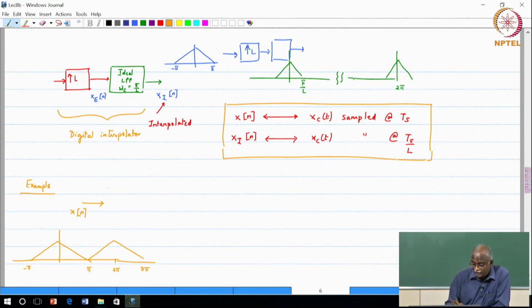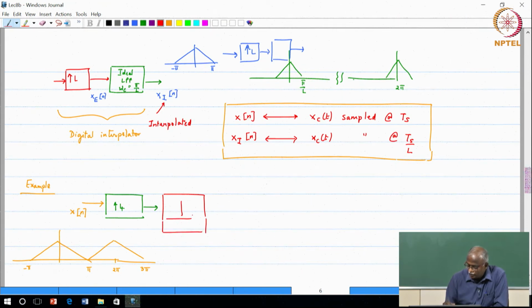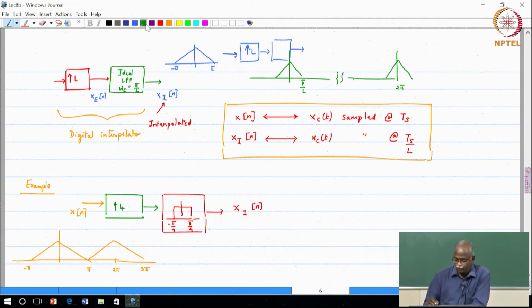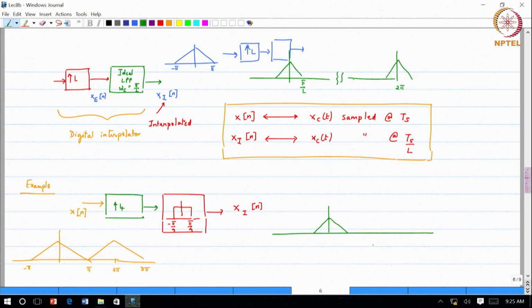So, basically if I take x of n, pass it through an upsampler by a factor of 4, and then pass it through a low pass filter with cutoff pi by 4, minus pi by 4 to pi by 4. Okay. Ideal low pass filter, cut off from minus pi over 4 to pi over 4. This will produce an output which is xi of n, and the spectrum should be limited to pi by 4. Okay. So, basically whatever was the